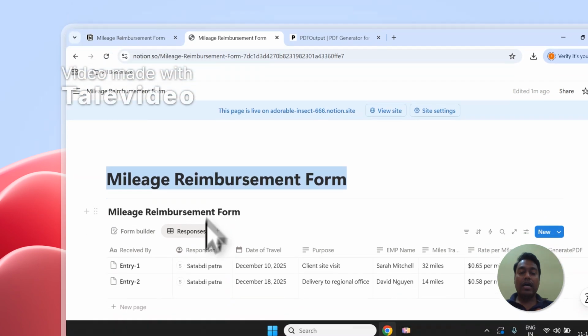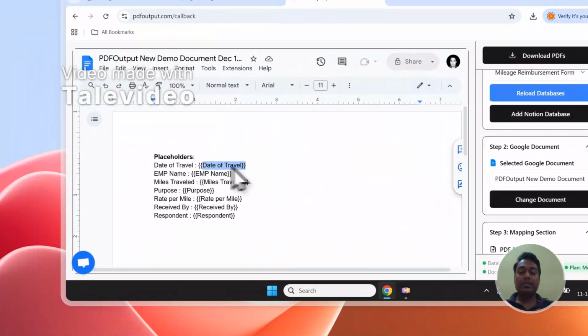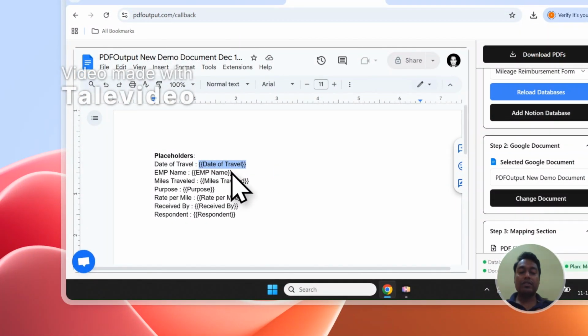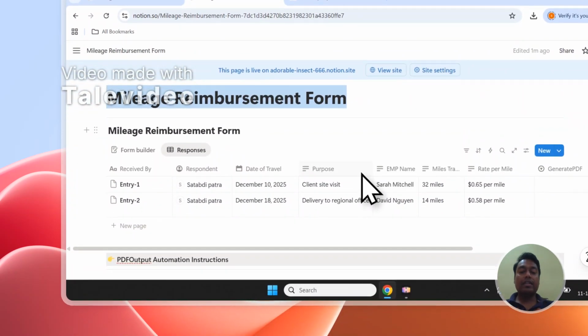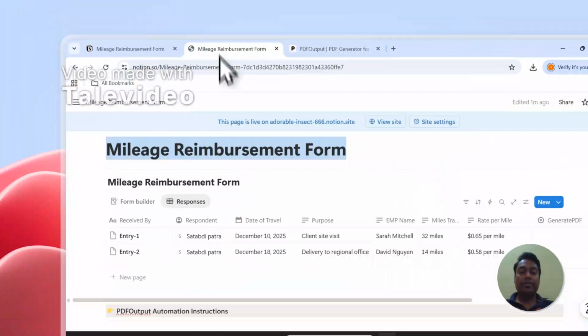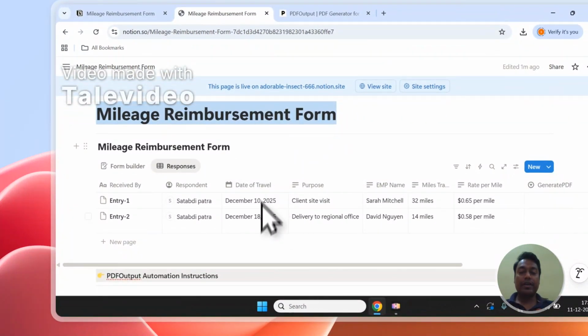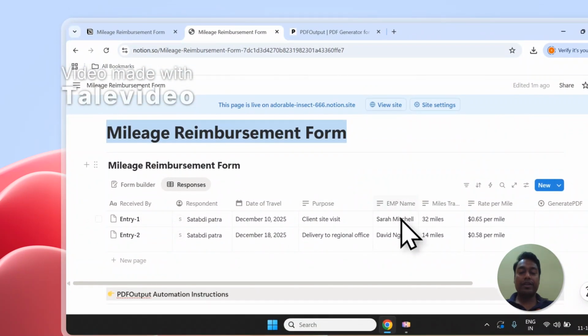All the fields are already a part of the database over here. So when the PDF is generated, these fields inside double curly brackets will be replaced with the values from the database that we see over here, and the PDF will be generated out of that. The date of travel will be fetched from the date of travel that you see over here. Similarly, the employee name will be fetched from the employee name that you see over here